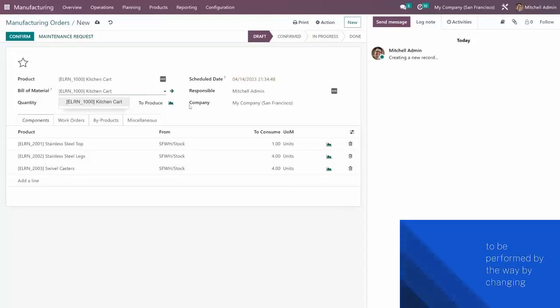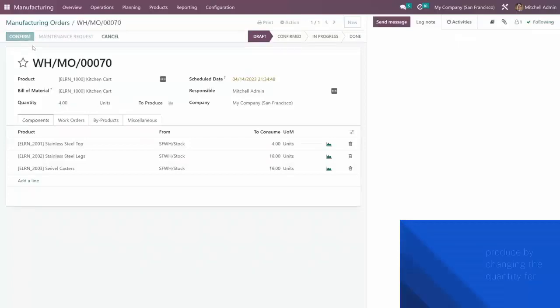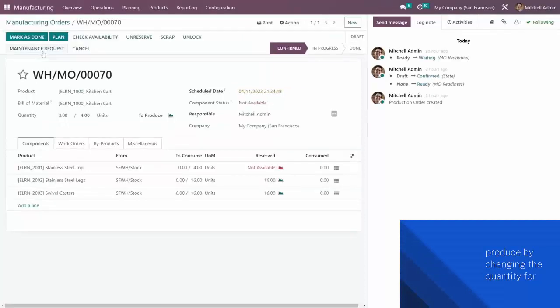Now, if my product has more than 1 bill of materials, I can choose which one to use. And as you notice, I can also designate how many kitchen carts I'd like to produce by changing the quantity, for example. Let's change this over here to, alright, everything now looks beautiful. Alright, now, after I confirm this, the forecasted component quantities will